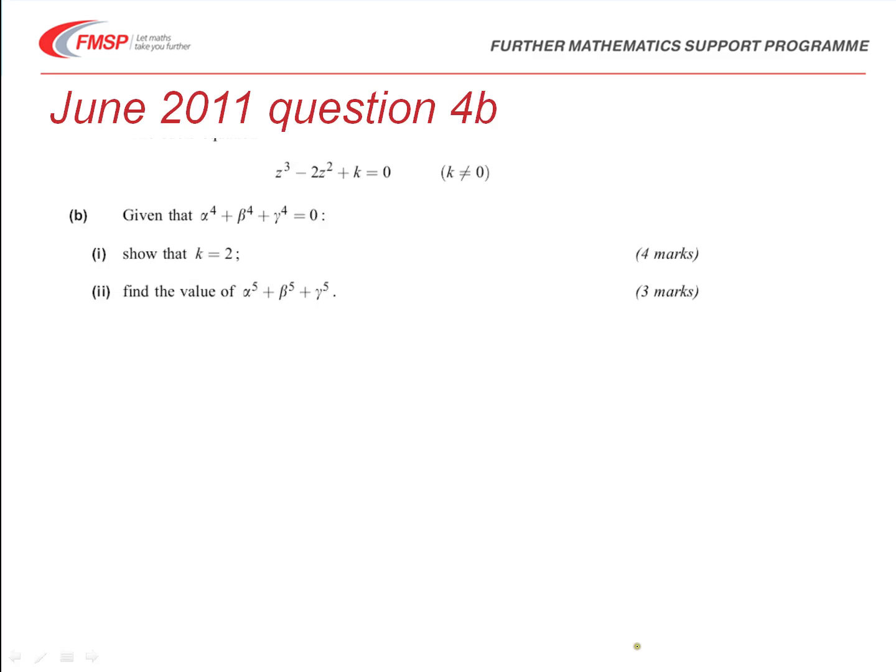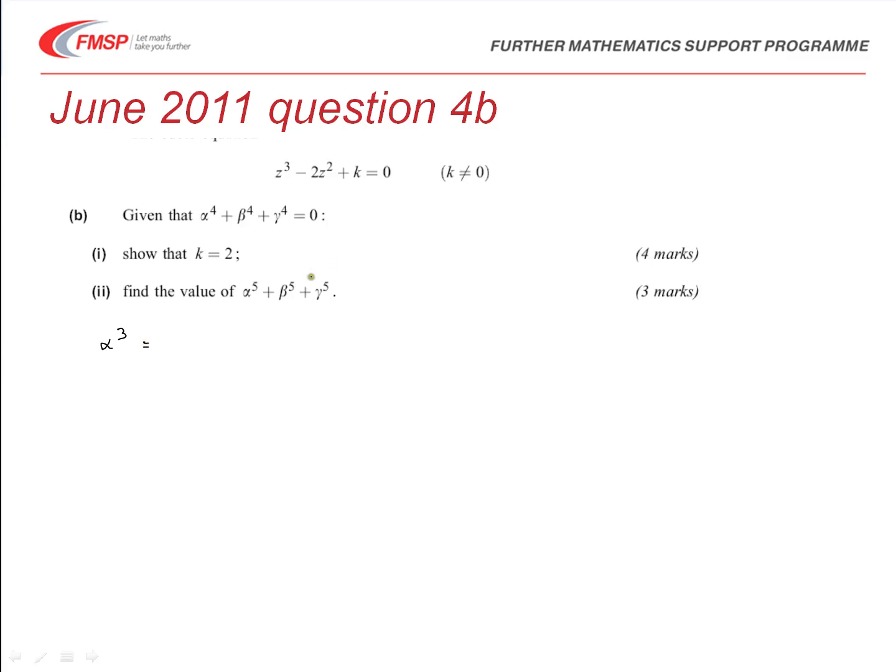Okay, we'll move on to part B. You can see we're given that alpha to the 4th and beta to the 4th and gamma to the 4th equals 0. So that would seem to be our starting point for this particular part in order to find k. Now, the question is, what do we know about alpha to the 4th? Well, the answer is I know nothing about alpha to the 4th at the moment, but I do know from the previous part that alpha cubed